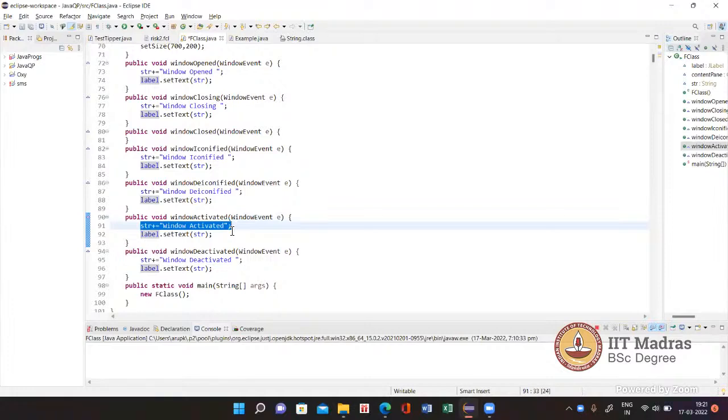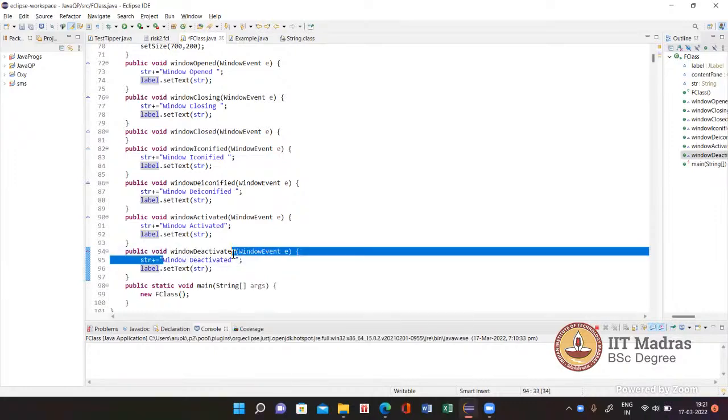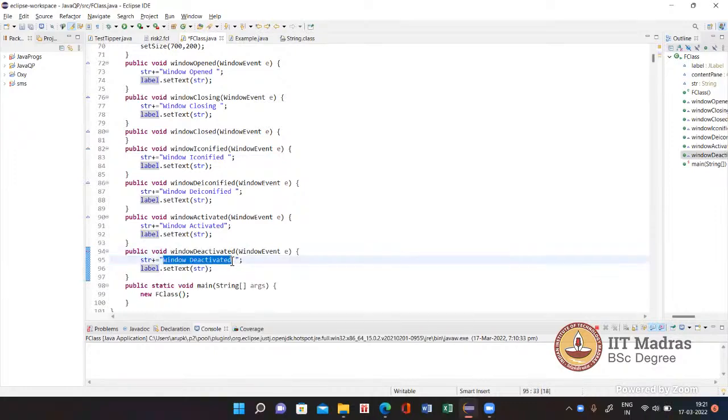Next, if I click on minimize, it will call this windowIconified. So this new message again will be concatenated with my string, that the window is iconified, meaning it is minimized. Once it is minimized, it automatically gets deactivated, so then this will be called and it will print a message. Now again, if you are maximizing it once again, it will call for a de-iconified,